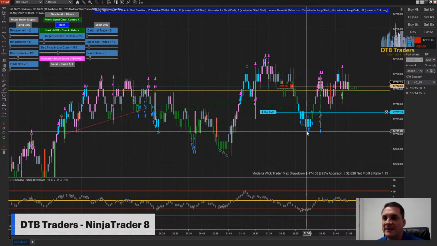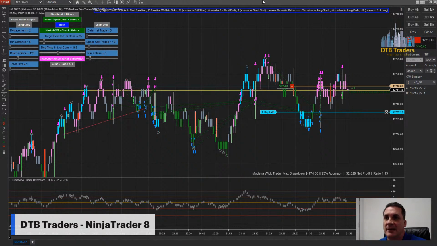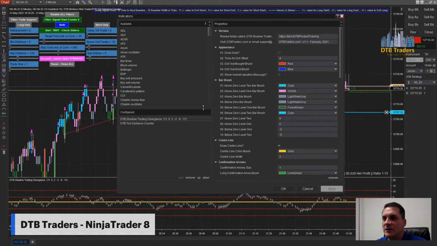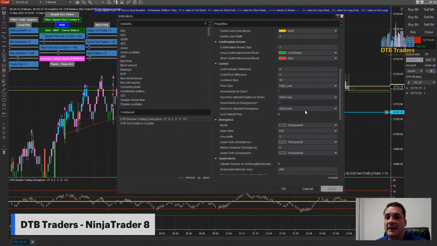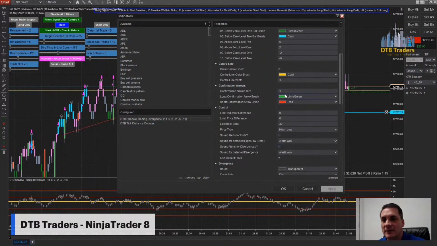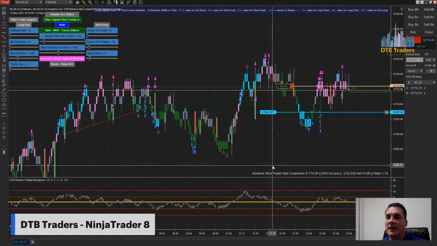There's a few settings inside the indicator that I've actually just made transparent because we don't really need to see the divergences. So what I've basically done is gone into the divergence settings and made those transparent. I've also made the dots and the arrows very small. You can also change that to transparent. That also helps, to give you a very clear picture of where the strategy is going to trade,